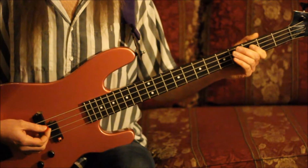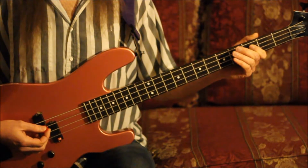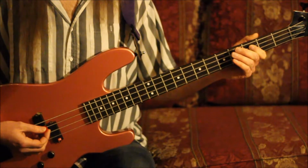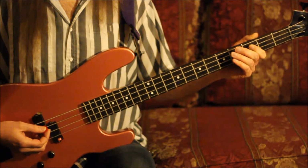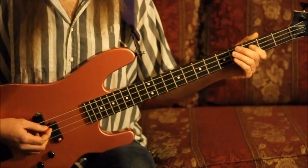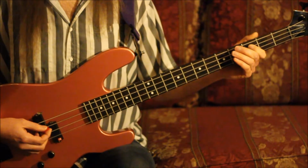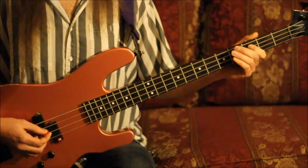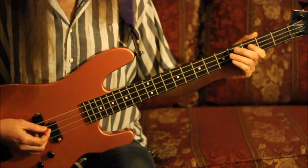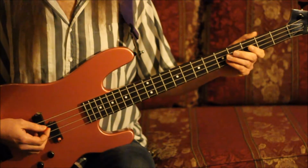second triplets together. The time value of the second triplet is absorbed by the first one. So we pick it once and let it sustain out through the time value of the second one. The same is true of the 5th and 6th triplets. So one more time, this is how we're going to count that first half of that last measure. 1, a 2, and. Okay, and from that point we're going to go back to the open A string again,